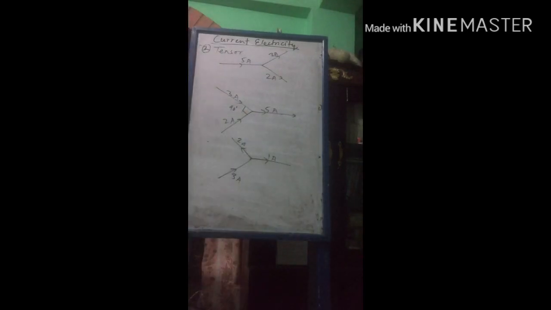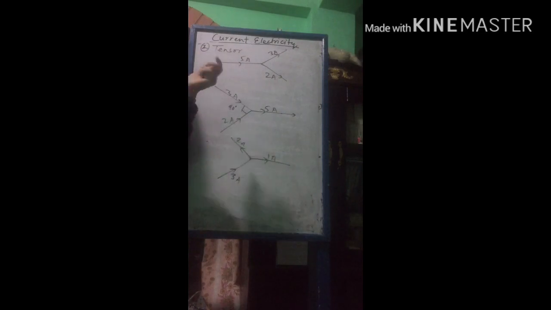Neither is it a scalar quantity, because scalar quantities are defined by their magnitude only, but current needs a direction also, though it does not follow the vector law. That's why this is a tensor quantity. We have to write this as a tensor. Tensor quantity means neither scalar nor vector quantity. But if you are asked whether it is a scalar or vector quantity, then you should say that it is a scalar quantity.